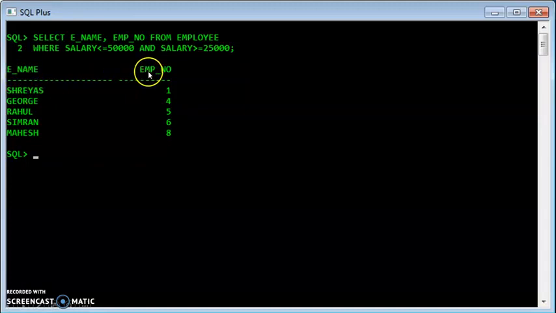In the previous experiments we displayed all the content. Here I want just the name and the employee number of that particular table whose salary is less than 50,000 and greater than 25,000. So all those persons whose salary is between 25,000 and 50,000 will be displayed here.